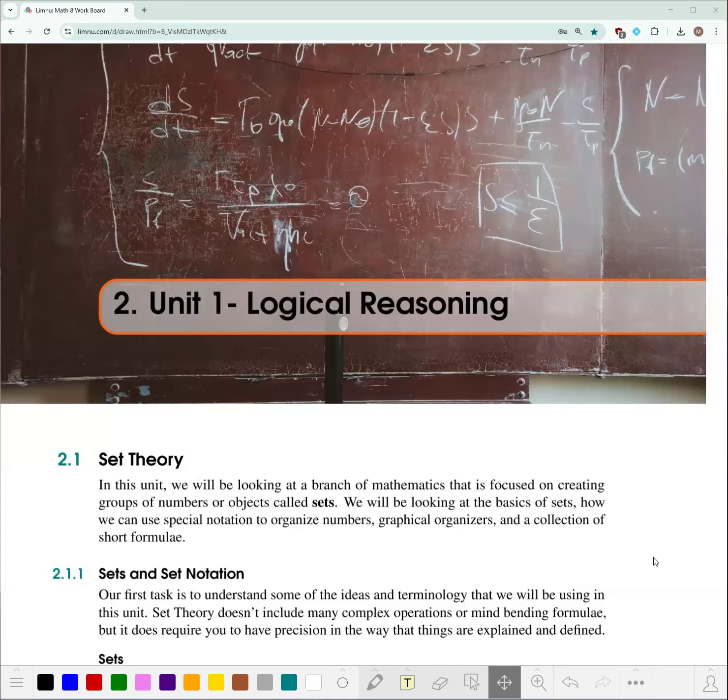So when we talk about set theory, we're talking about collections of numbers or objects. And actually, we're going to use an even better word here. When we talk about what is in a set,